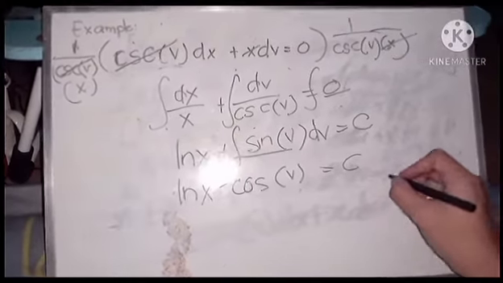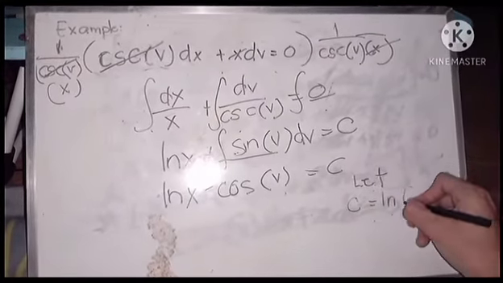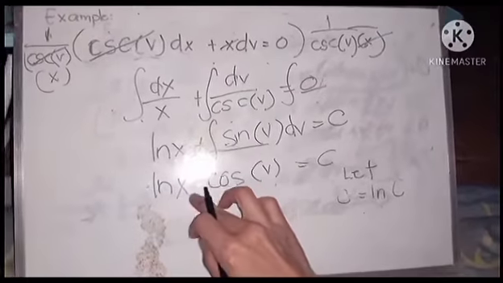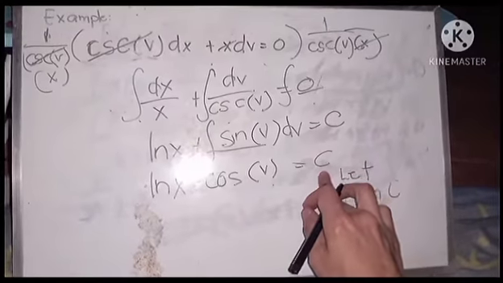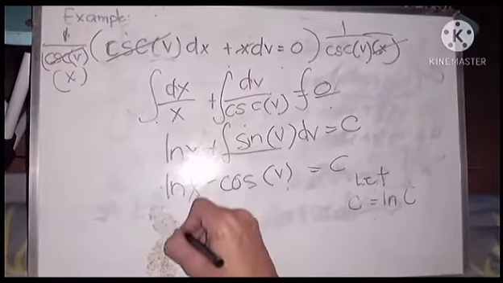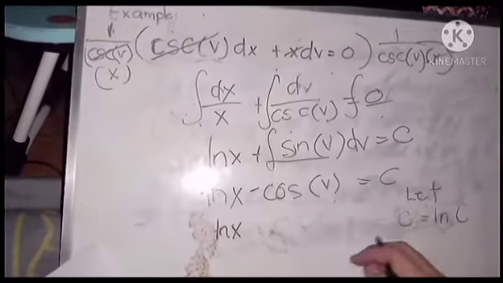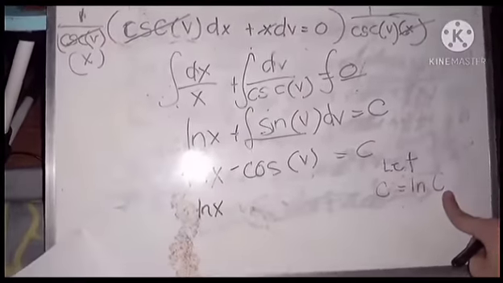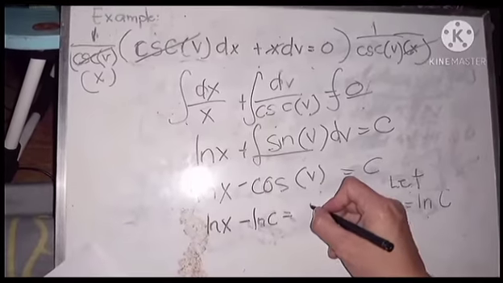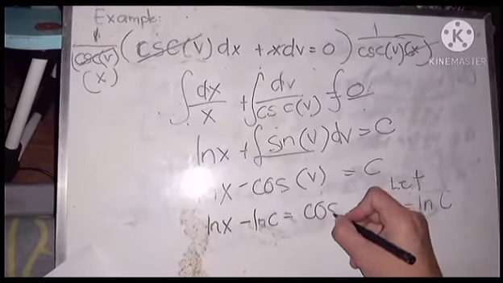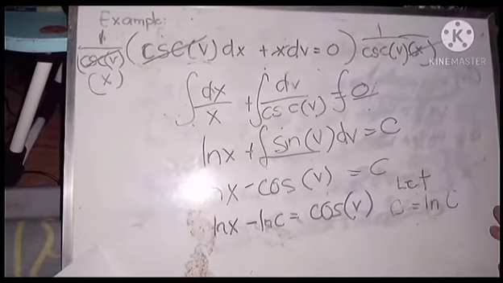So let c is equal to ln c. We need to transpose the negative cosine to the right side, and the constant to the left side. So we have ln x. The value of the constant is ln x plus c. Therefore we have ln x c is equal to cosine v. Simplifying this term,